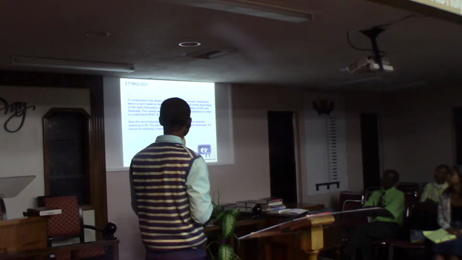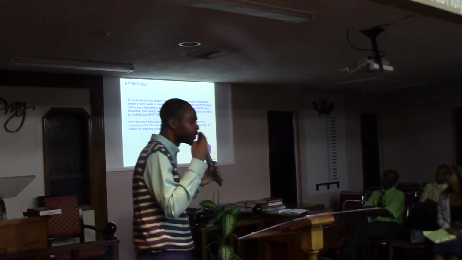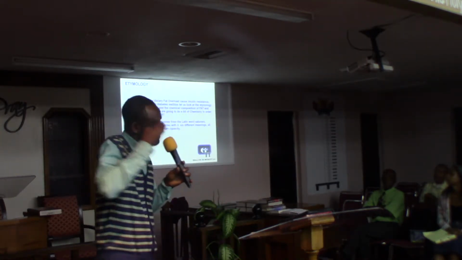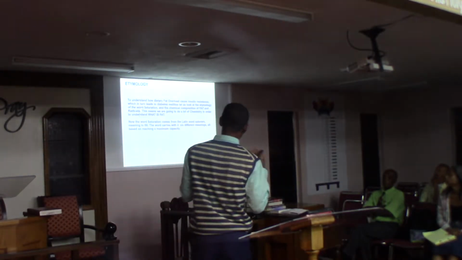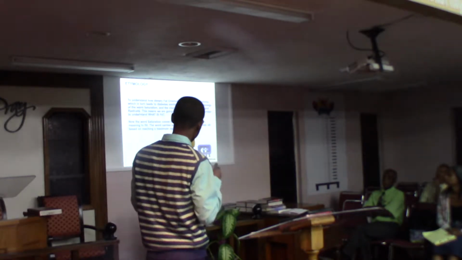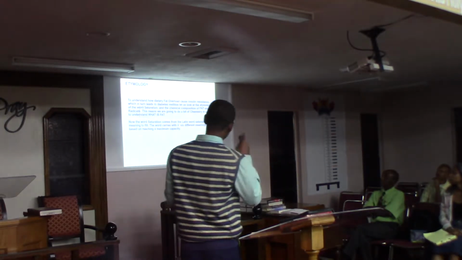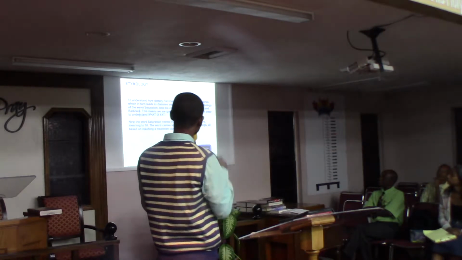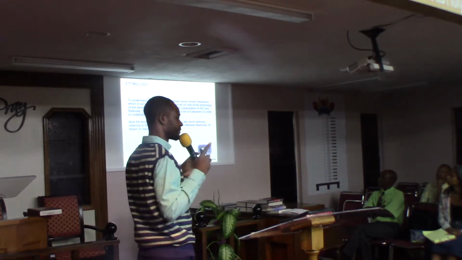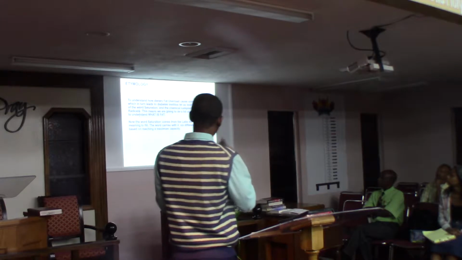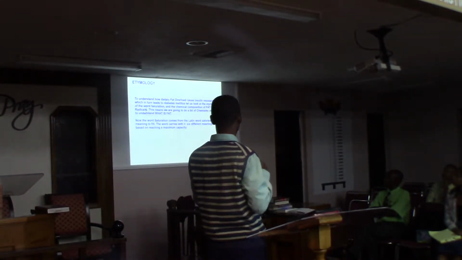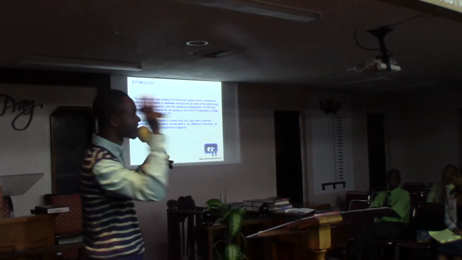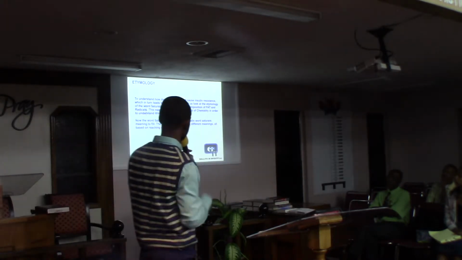Now the etymology. I love to look into the meaning of words, because it helped me to understand things better. So to understand how dietary fat overload causes insulin resistance, which in turn leads to diabetes mellitus, let us look at the etymology of the word saturation and the chemical composition of fat and radicals. This means we are going to do a bit of chemistry in order to understand what is fat. I took out the chemistry section and left just the saturation part.